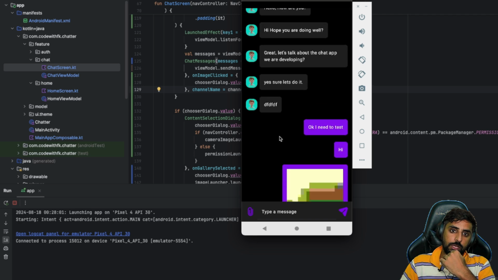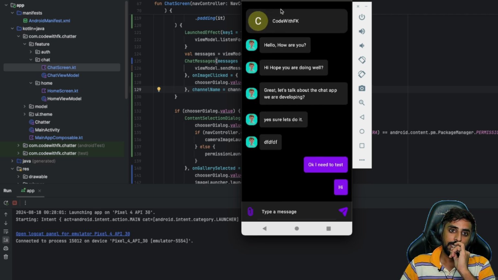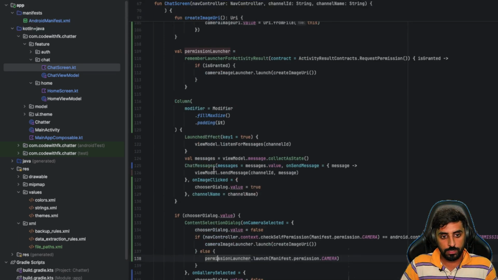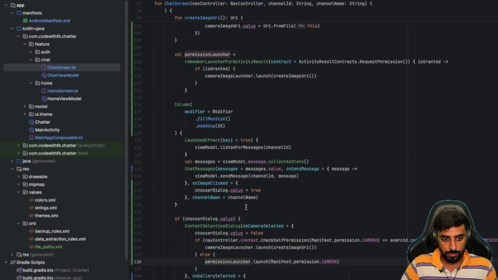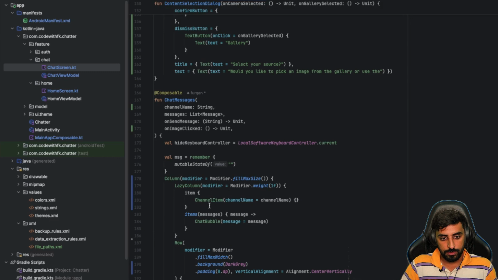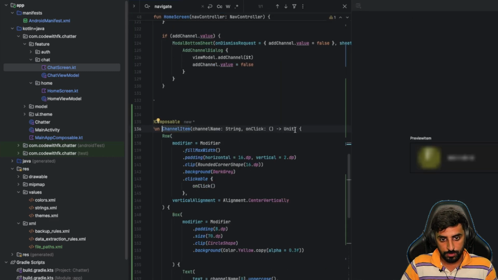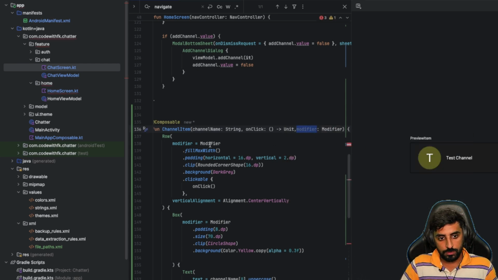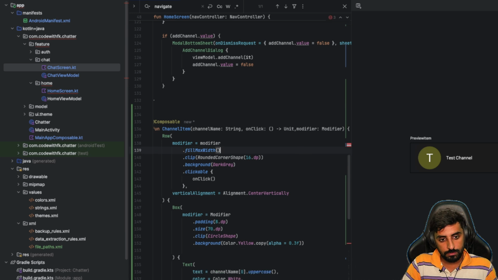We'll see this. Okay, it's not looking that good because of the modifier that we added. But if we can work with that modifier section, this will be looking really nice and we can fix this. So basically for that, for the channel name section, it should be in the chat screen over here, right? This channel item should take a modifier like this, and now this modifier is going to be this. This is important because